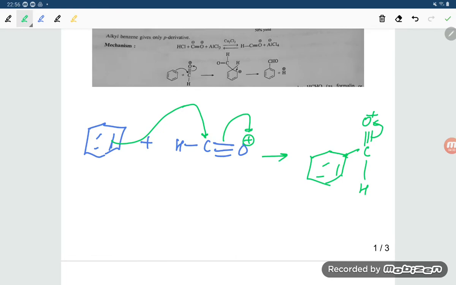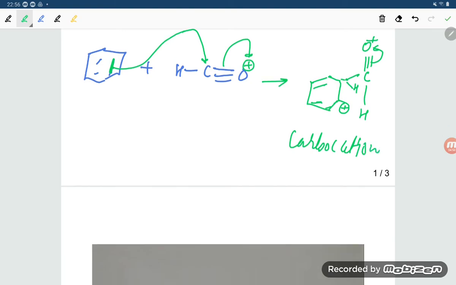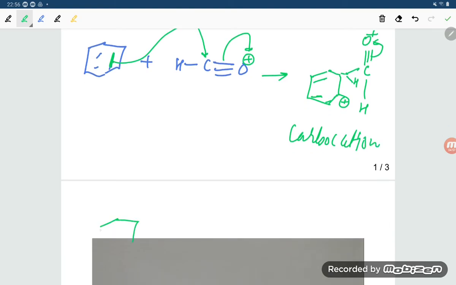Now the hydrogen is also there, and you will find that inside the ring there will be a positive charge after the attack, because the electron is going, so here will be the positive charge. Ultimately, this is a carbocation, student. Again I am writing it here, you can check it out. Here is C triple bond O. This is the hydrogen here, and this is hydrogen, and this is the positive charge.